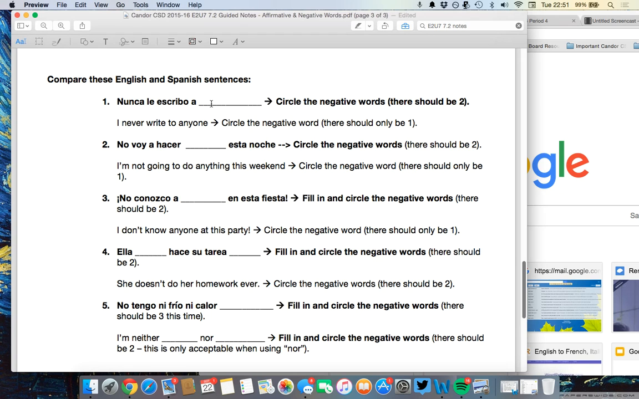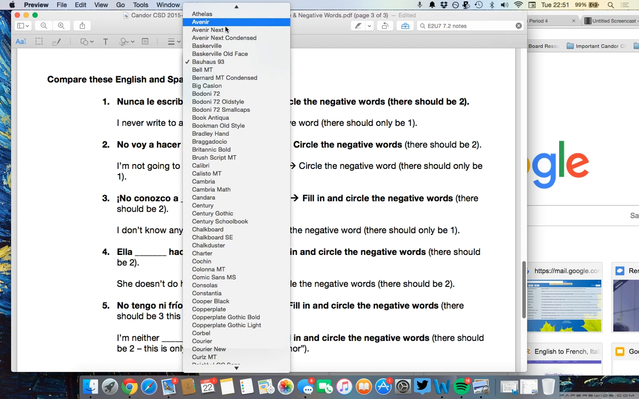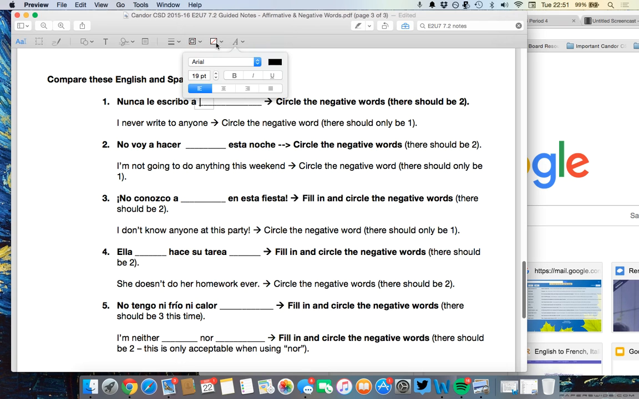So, nunca le escribo a blank. After you're done with this, there's going to be 2, and I have to put my font back to something a little more reasonable here. Bueno. It's too boring old Arial. Okay, so,